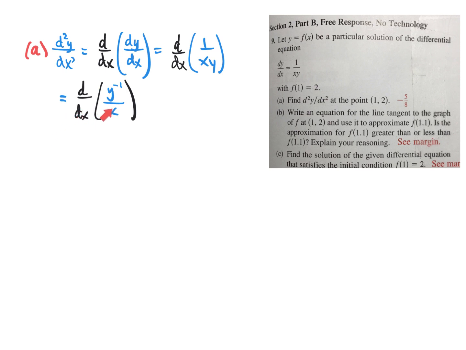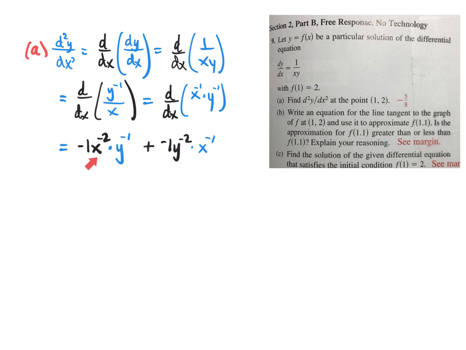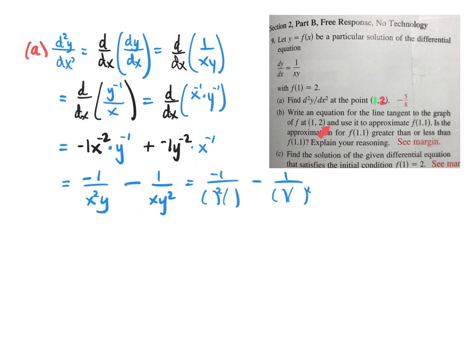We could rewrite it and then use the quotient rule, or we could rewrite it this way and use the product rule. I think I'll do that. I'm going to use the product rule. So taking the derivative of the first factor multiplied by the second factor plus the derivative of the second factor multiplied by the first factor. Okay, and then at the point (1, 2), when x is 1 and y is 2, we have the following,